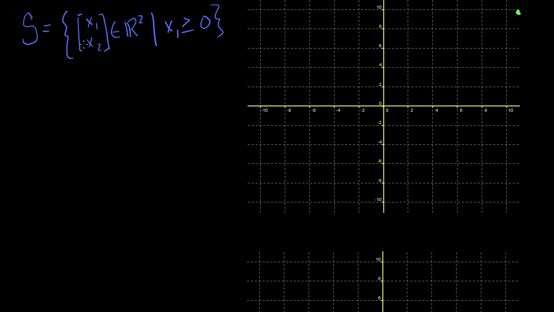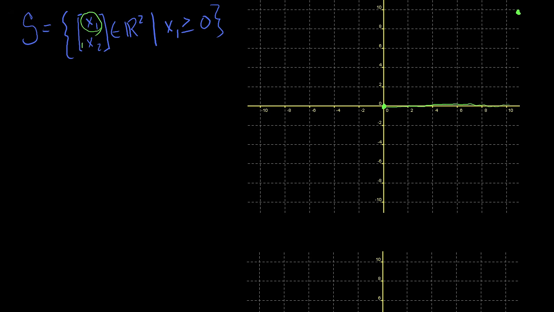We can move up or down in any direction, right? So we can go up and down in any direction, but we're constraining ourselves. These are all going to be 0 or greater. So all of these first coordinates are going to be 0 or greater. And this one, we can go up and down arbitrarily. So we're essentially,